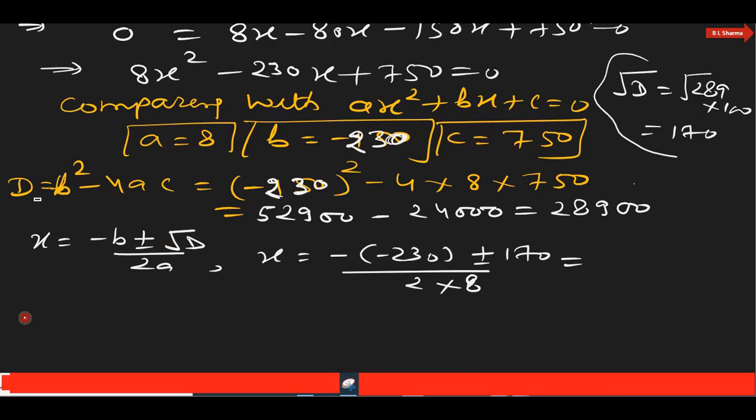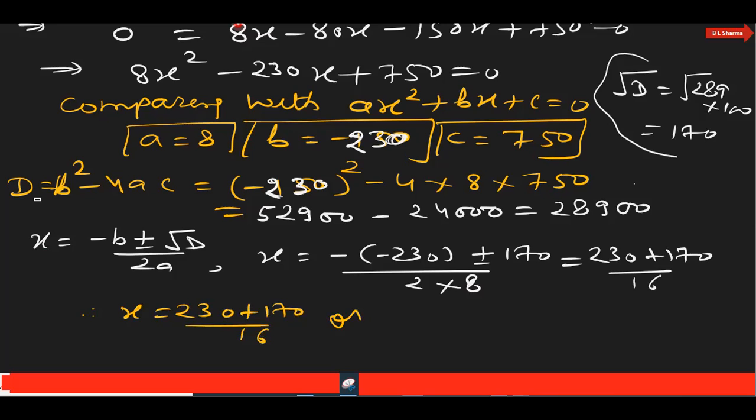So this can further be written as 230 plus 170 upon 16. One time plus, other time minus. Therefore, x can be written as 230 plus 170 upon 16, or x can be written as 230 minus 170 upon 16. On further simplification,